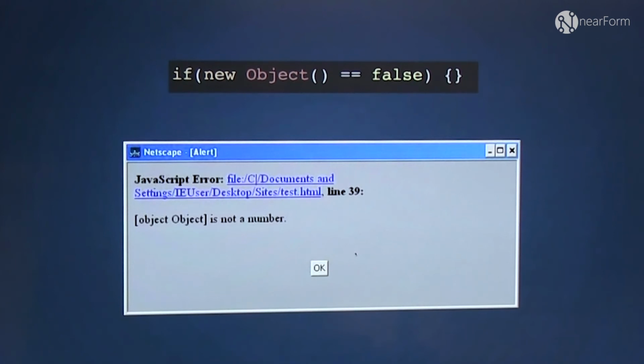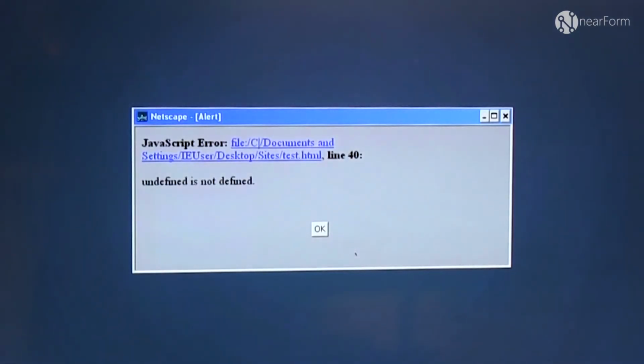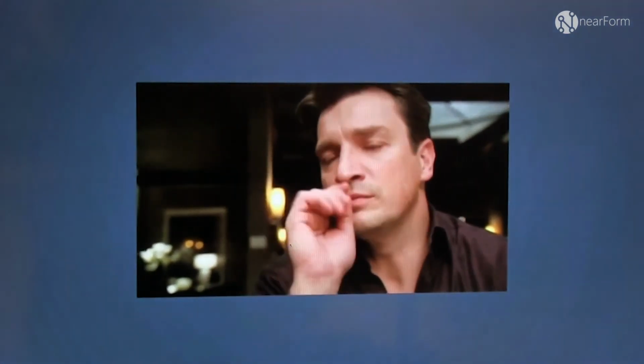So while doing some of the comparisons, looking for implementations in this version of Netscape, I found this pop-up. At that moment, I didn't understand what it was trying to say. My face was like, okay, I don't know what you're telling me.